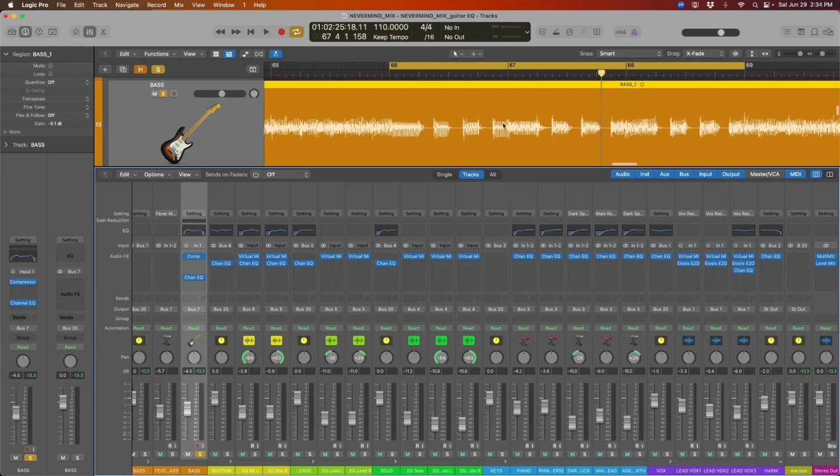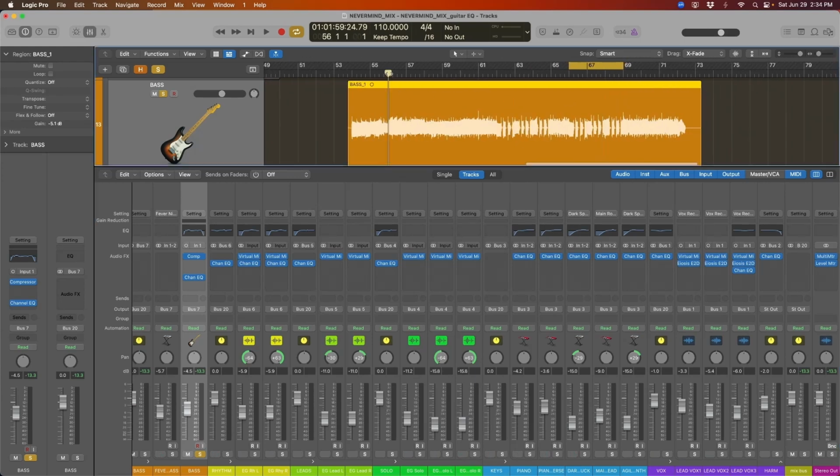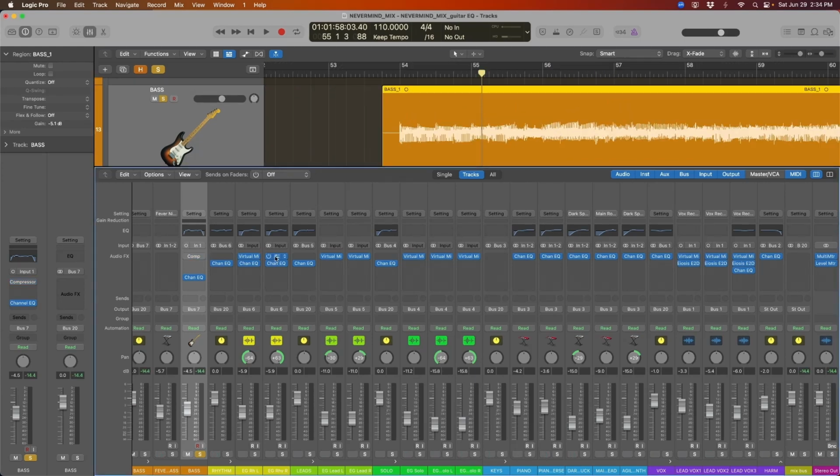This take is so consistent. I don't know if I really truly needed this type of compression on here, but I wanted to demonstrate exactly how you would dial that in if you were going to use the whole chain